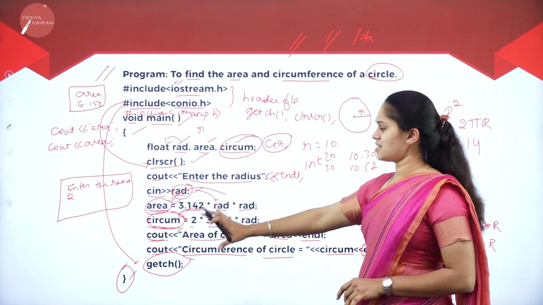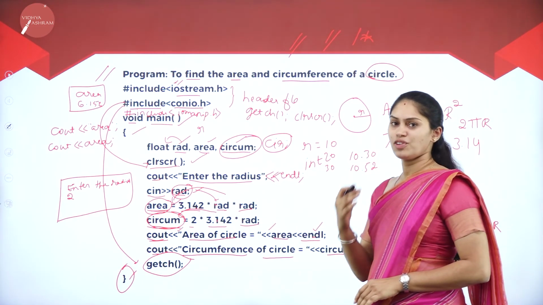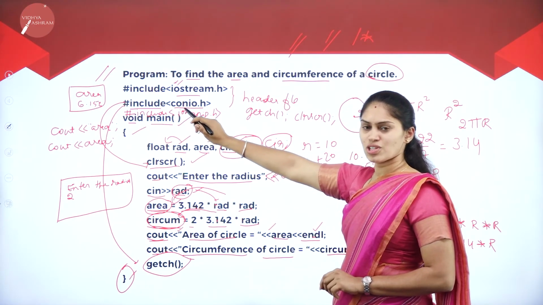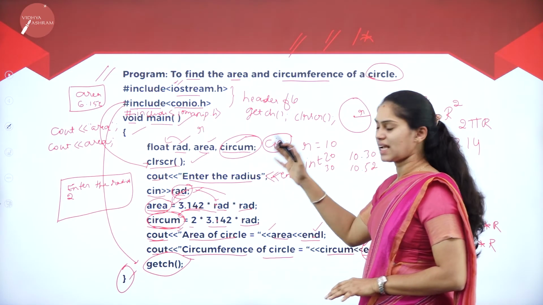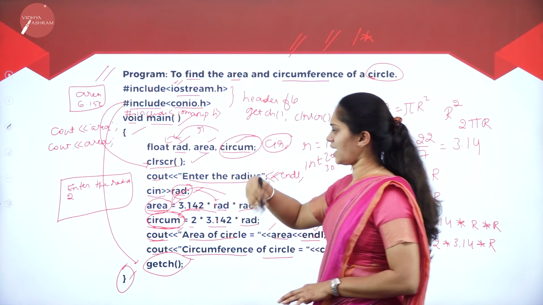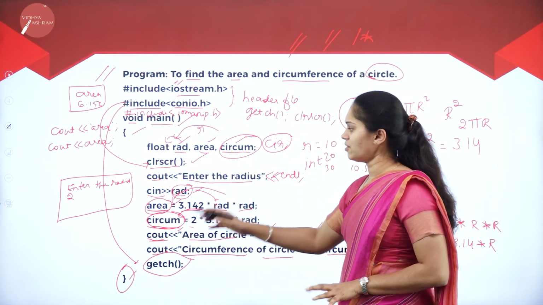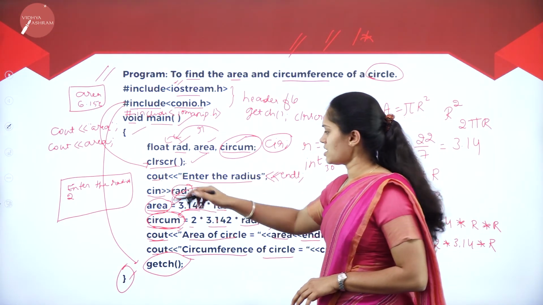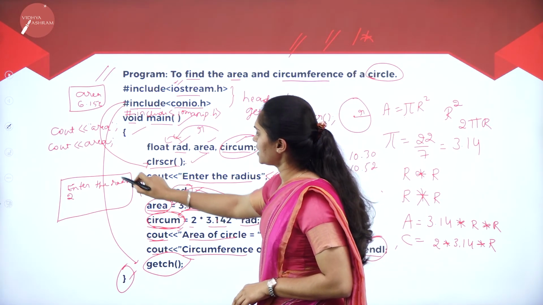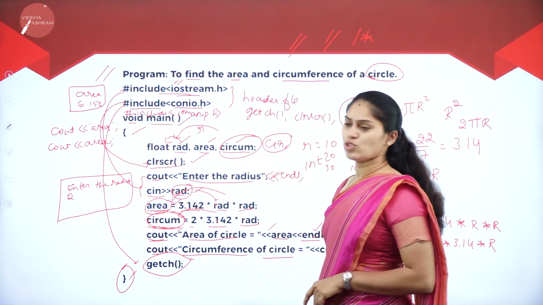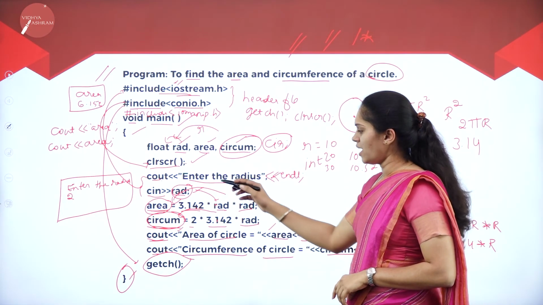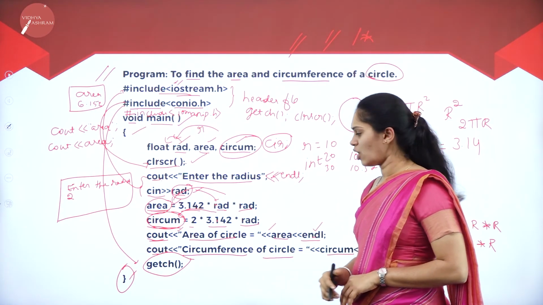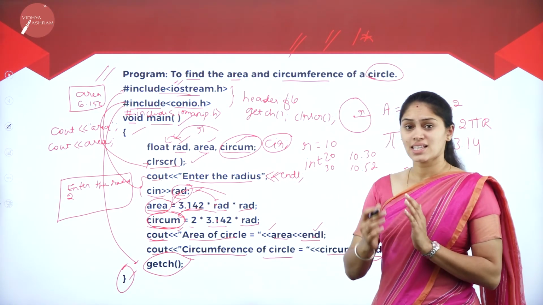So this is just a program to make you understand how we take the header files, what the comment section is, when the program execution starts, how we declare the variables, which data type they are, and what functions we have. Along with that we discuss cout and cin statements. If you are using cout and cin, then it is mandatory to include the iostream.h header file in your program. And we do the calculation part that needs to be displayed on the screen as output, for which we use the cascading of output.